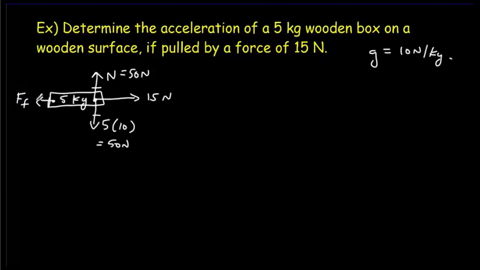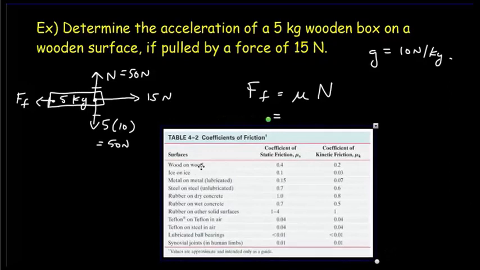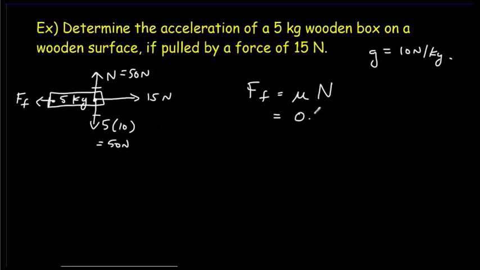So I need to figure out how big my force of friction is, and that simply has to equal the coefficient of friction times the normal force. To get a coefficient of friction, you're going to have to look it up in a table. So here's my table, and for wood on wood, I get a coefficient of kinetic friction of 0.2. So this is going to be 0.2, this is the kinetic friction, 0.2 times 50 newtons,